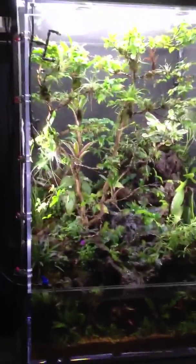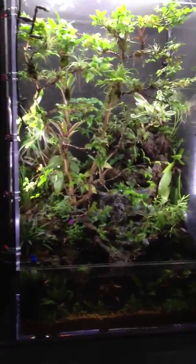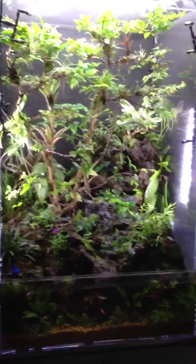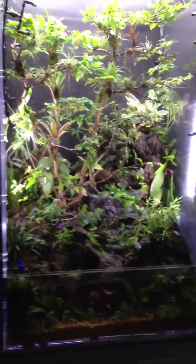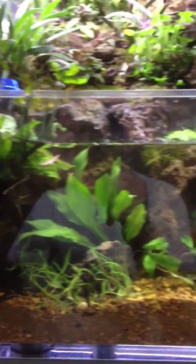Okay, so it's been a few weeks since the last video, which was the initial setup, and the water has aged and conditioned now, and the environment has been aging and developing its microbial base for a while, and so we put the plants in today, or the water plants we put in today. So here you can see is the initial planting of the pond,